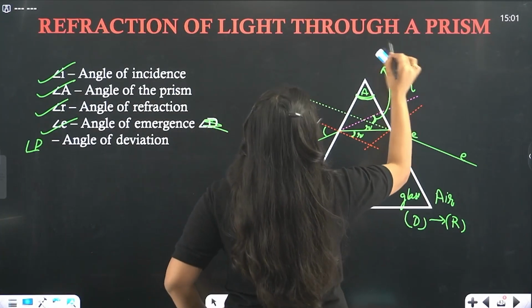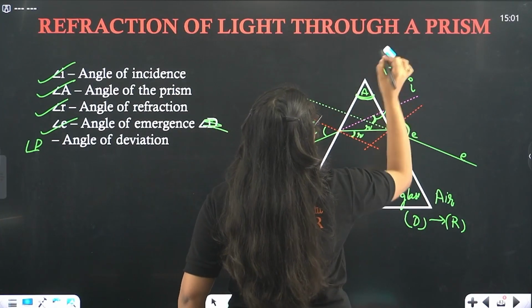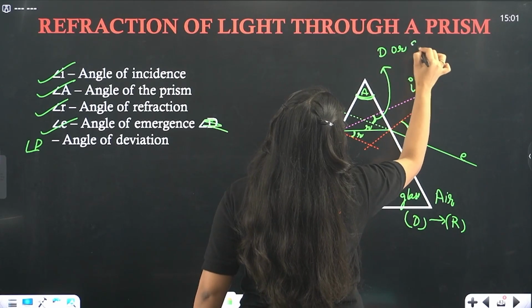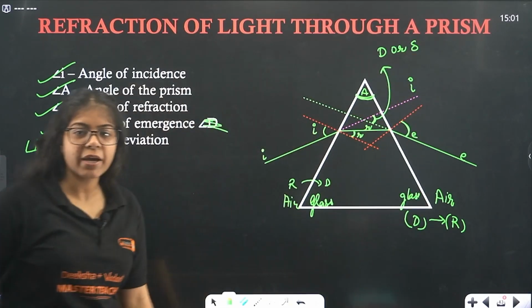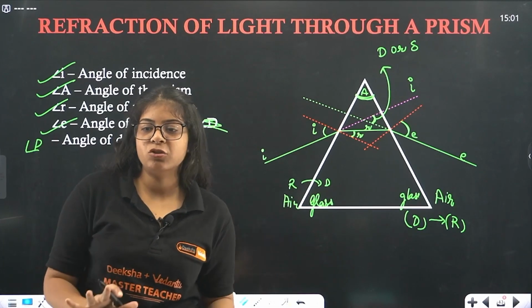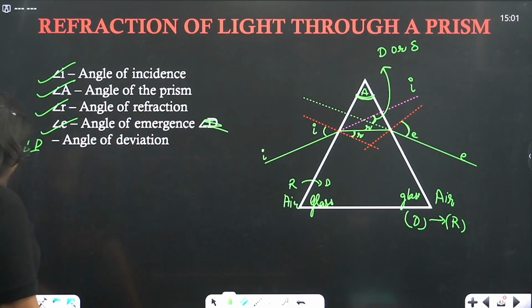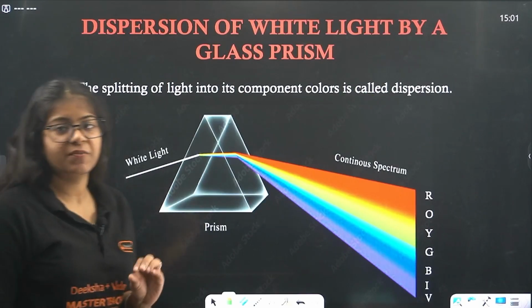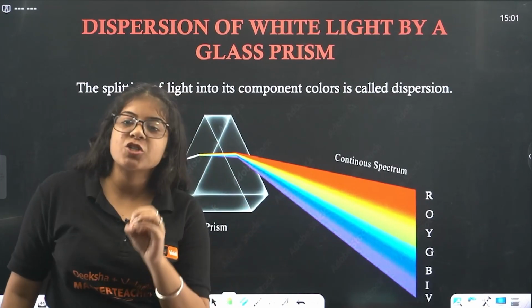In higher classes we write it as delta. You can write it D as well. You can write it D or delta, whatever you like. Okay, that's the whole thing about refraction of light through a prism. Done. Now beta, moving on, we have some very specific thing to learn, the dispersion of white light by